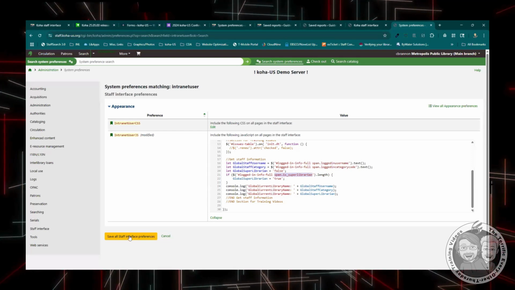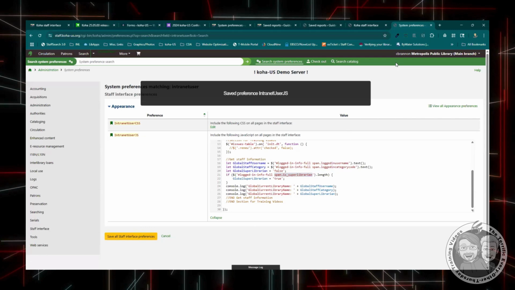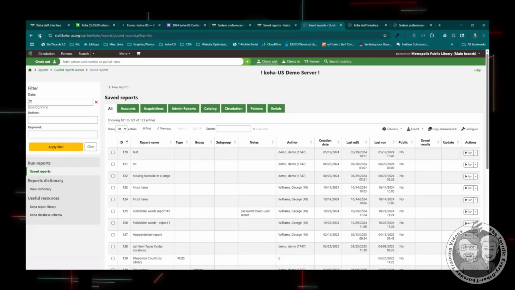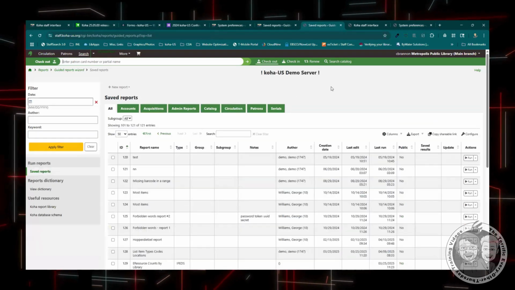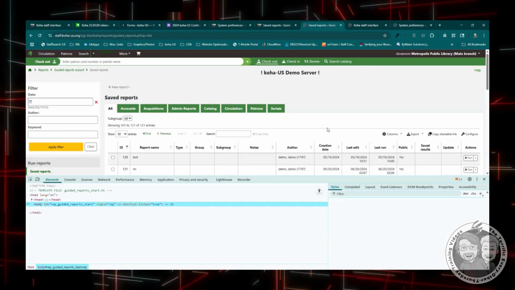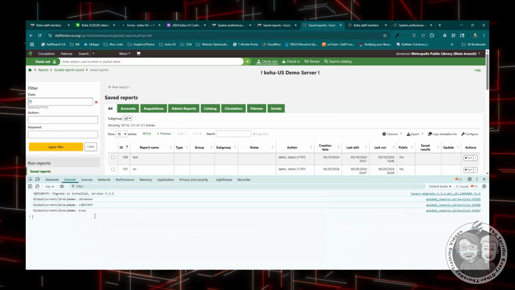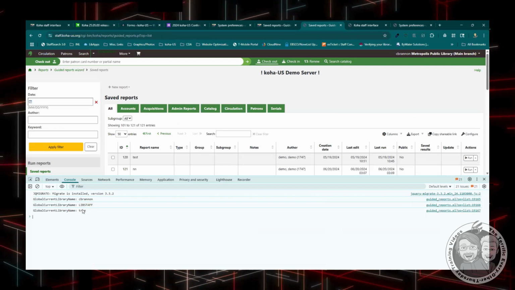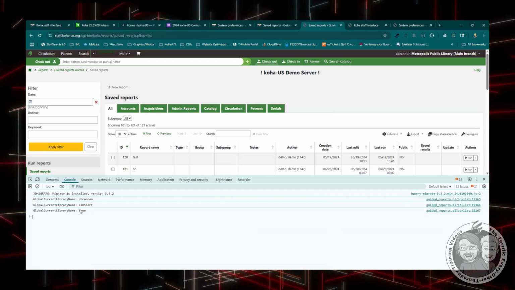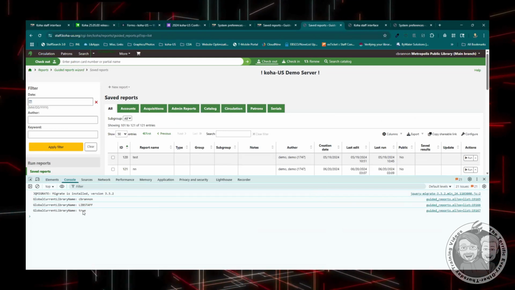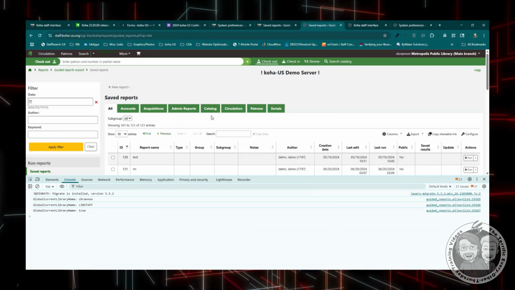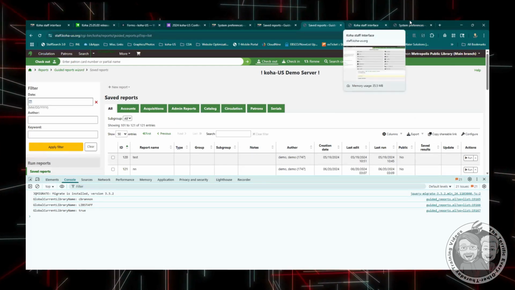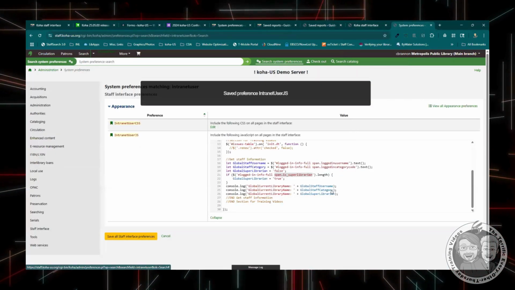So I'm going to save this. And now, if I go back and refresh, nothing happens here, but if we look at the console, yes, I can see my username, I can see my class, or my group or category, and I can see that I am a super librarian. So the next thing I want to do, and all three of those things have the same